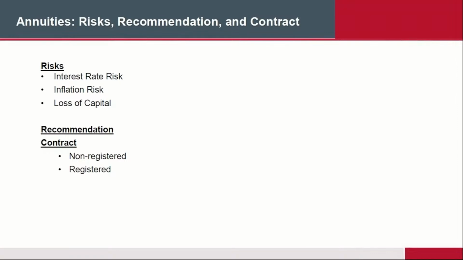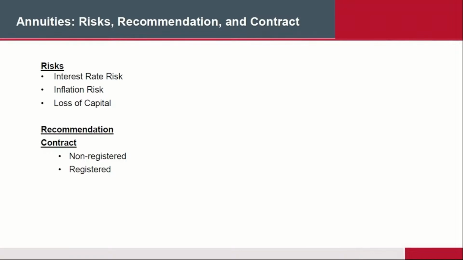Remember that straight life annuity. You gave me your $500,000 and I started paying you $2,000 a month for the rest of your life. And then you died on me 6 months from now. I keep all the money. In other words, I've lost the capital. So therefore, in a straight life annuity, you risk losing all your money. So you've got to be very careful with that kind of thing.